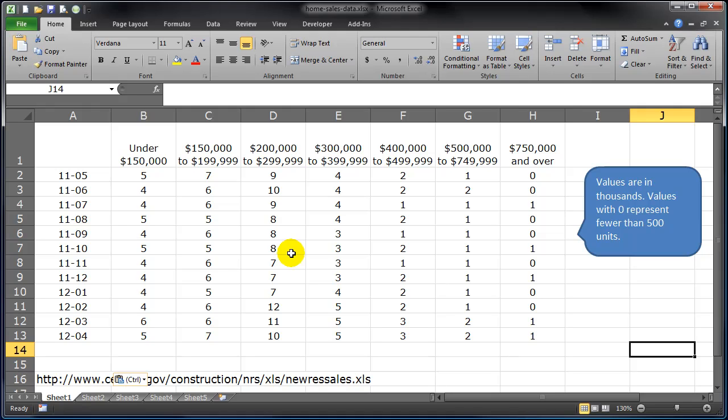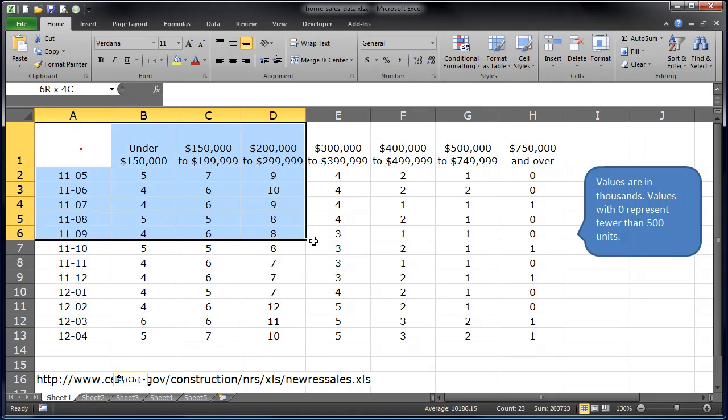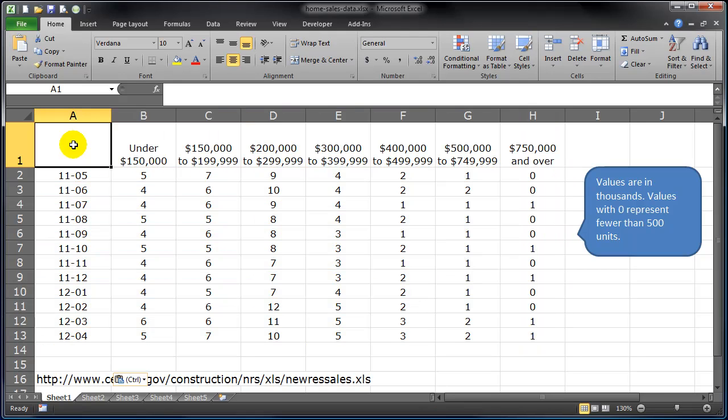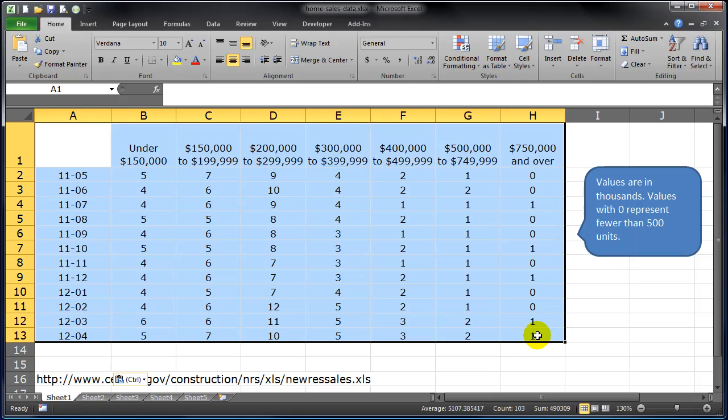The first column chart I'm going to make is going to be overall very, very straightforward. I'm going to select all of my data. And notice that I'm selecting from A1 down to H13. So I'm getting this blank cell A1, which is simply the connector cell here. But I'm getting the cells that contain my column labels, and I'm also getting the cells that contain my row